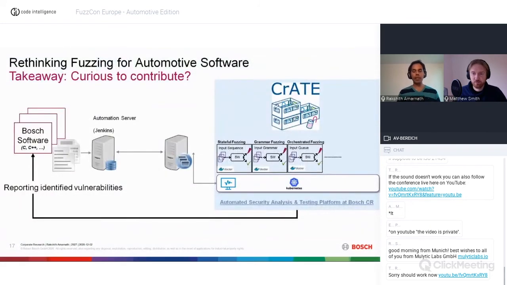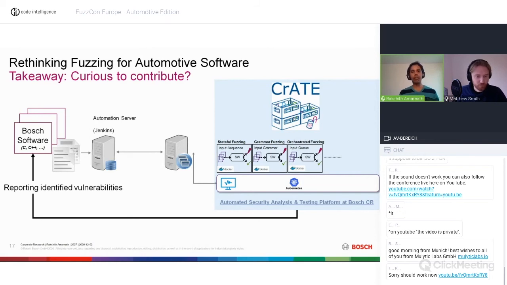Finally, some takeaways for you. So we have more or less created an on-premise platform. As I mentioned the word platform before, this is the platform that we created within Bosch, which not just uses vanilla techniques, pure vanilla fuzzers like AFL++, libfuzzer, but also builds on top of them to support grammar, to support statefulness, to have fuzz orchestration. And we have built this in order to also scale for numerous projects within Bosch.